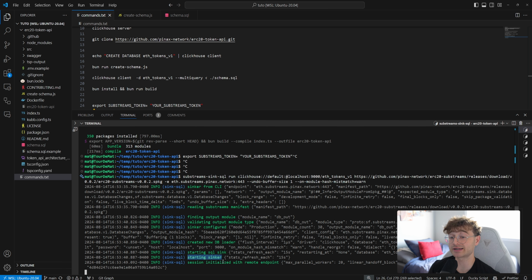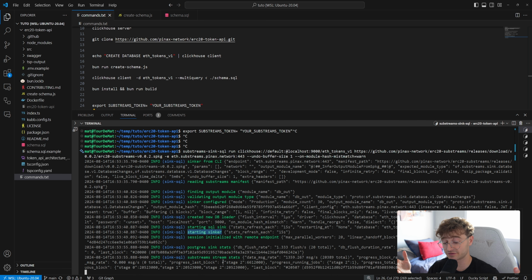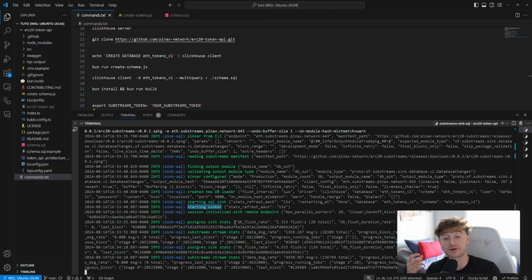Extracting all data from the blockchain takes a long time. If you have a server, for example, it's perfect. You can leave it running. It will take maybe 3 days to index Ethereum. But if you are just a person with an app who just wants the data, I suggest you just use the Pinax Network APIs. We're going to give you the data. But if you want to have your own data, that's how we do it.